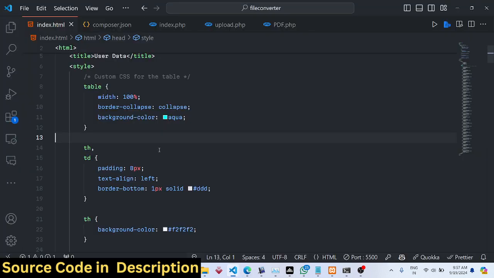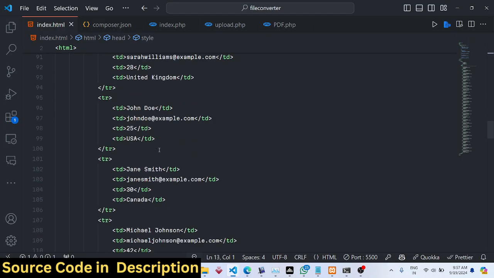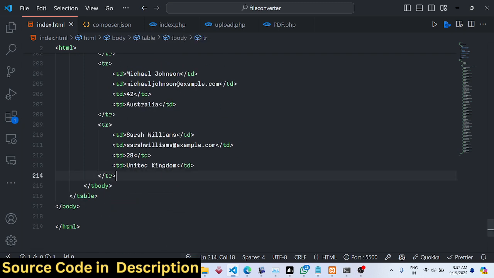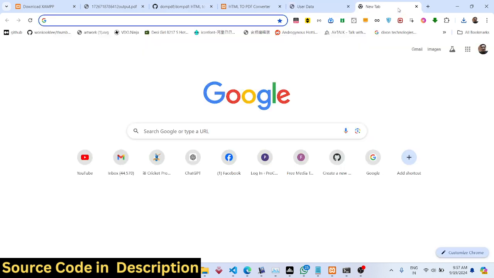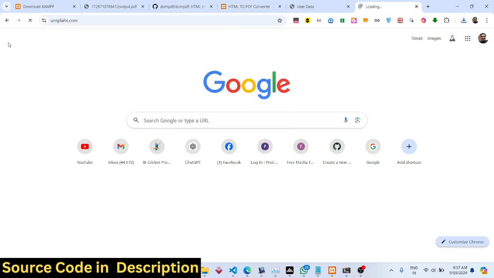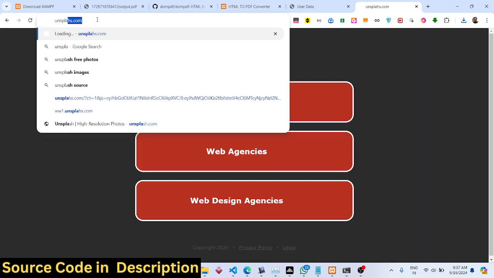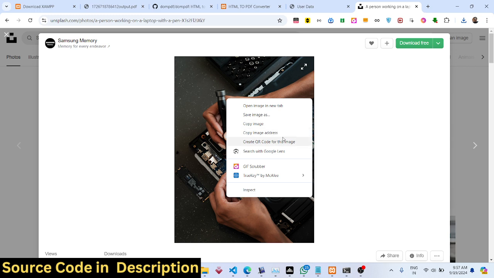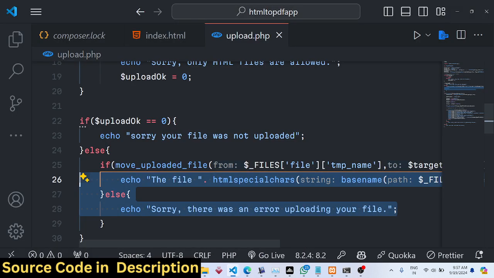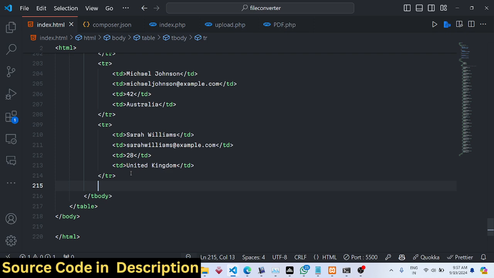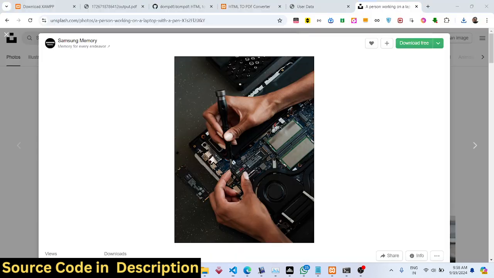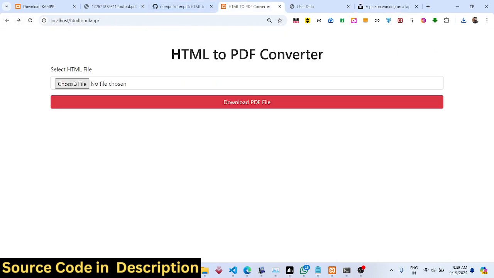So this template can have anything. It can even have images as well. Let's suppose you want to embed any sort of third-party image from a website. This template can be anything. It can contain tables, images. So let's suppose I want to copy the image address, change this template, just add an image tag as well, and paste this address. Now if I select,